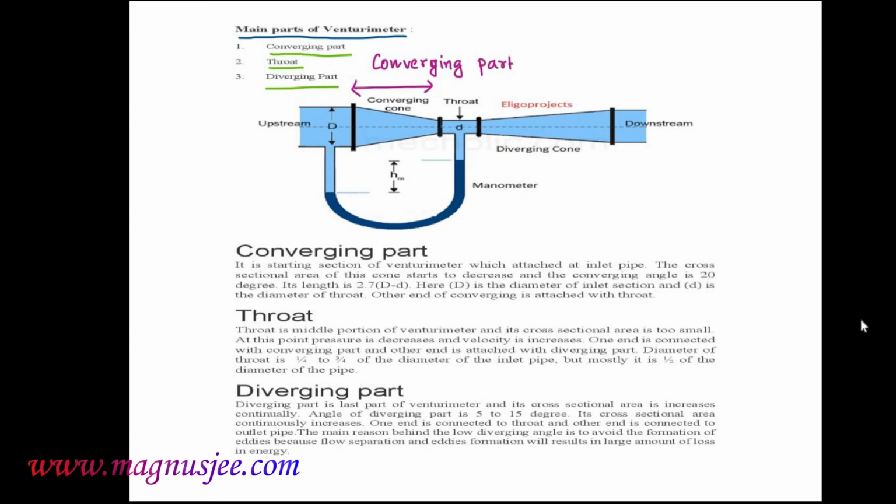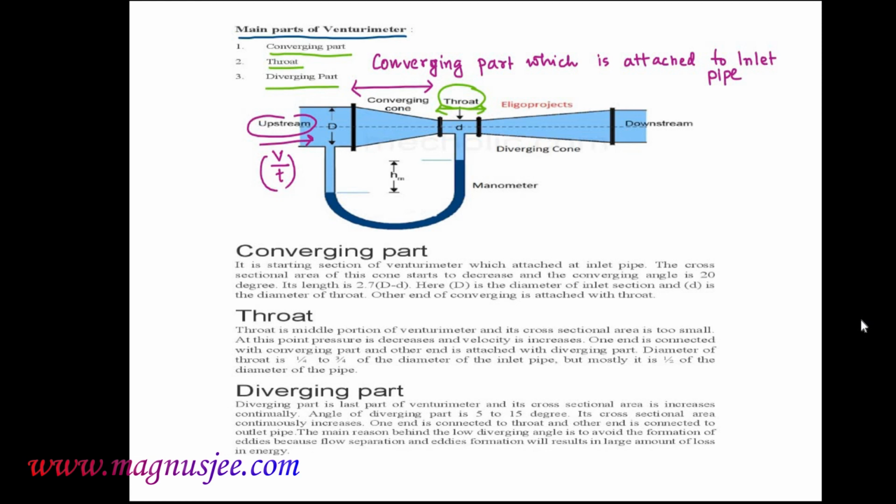This is the converging part which is connected to upstream, attached to the inlet pipe of liquid, and there is upstream flow with a rate of flow of V/t. And the second part of Venturi meter is the throat,